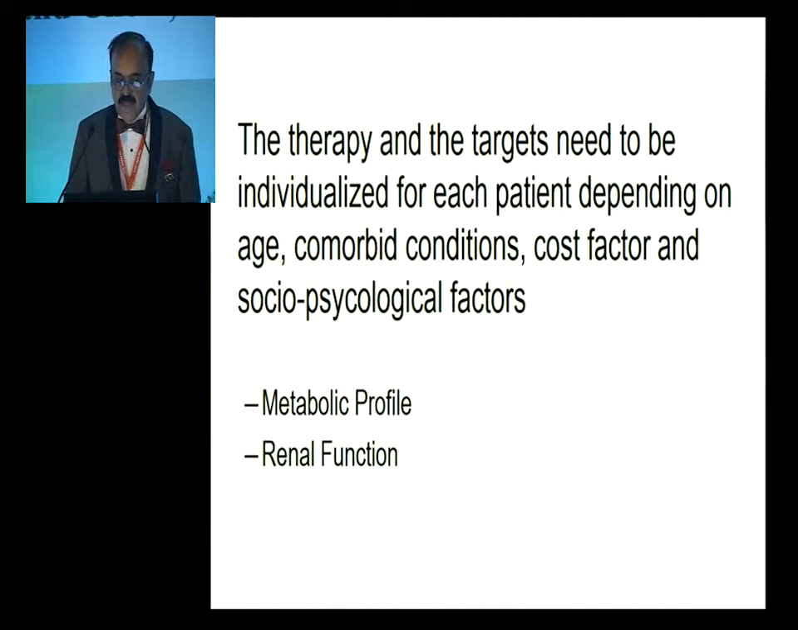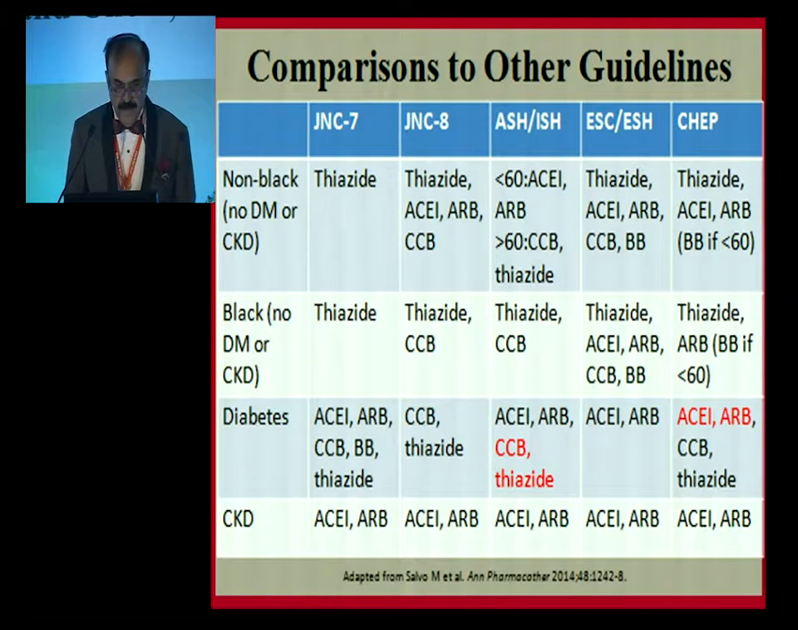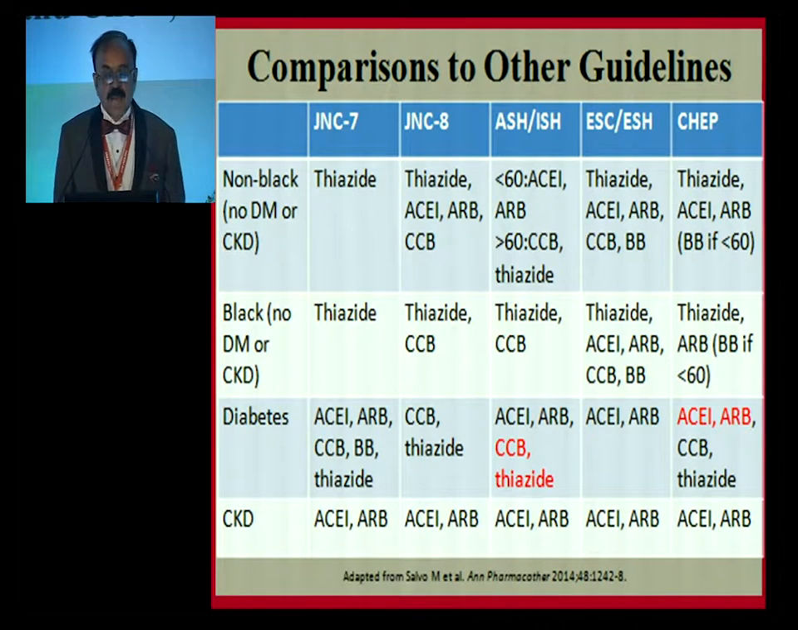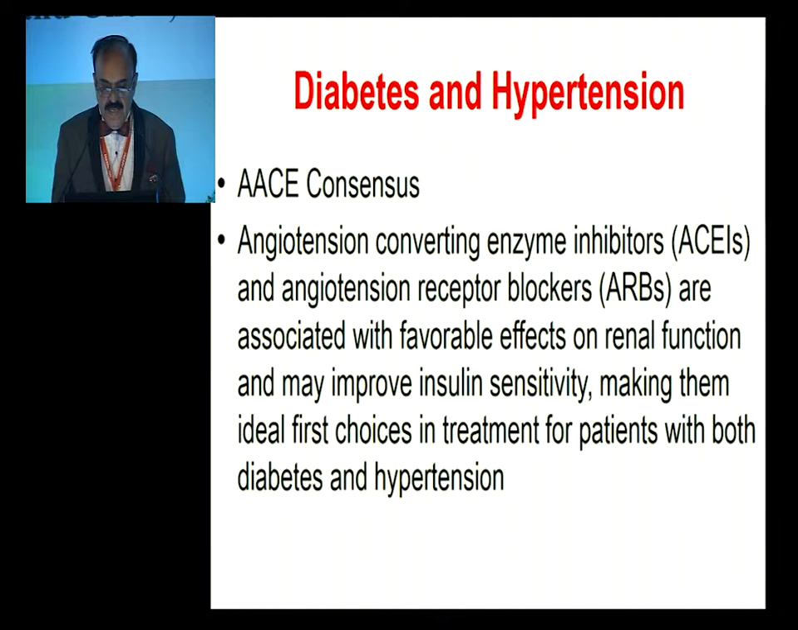The therapy and the target need to be individualized for each patient, depending on age, comorbid conditions, cost factor, socio-psychological factor, metabolic profile, and renal function. According to the various guidelines, JNC 7, JNC 8, American Heart Association, European Heart Association, Canada, all of them invariably advise ACE inhibitors and ARBs as the first-line drug, with a constant statement that angiotensin converting enzyme inhibitors and ARBs are associated with favorable effects on renal function and may improve insulin sensitivity,